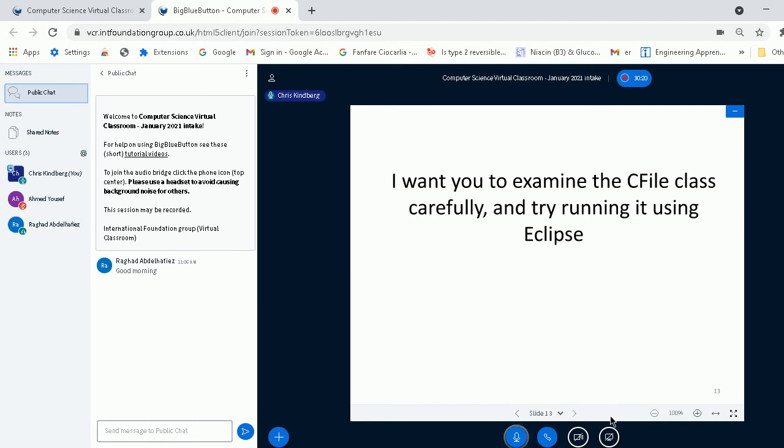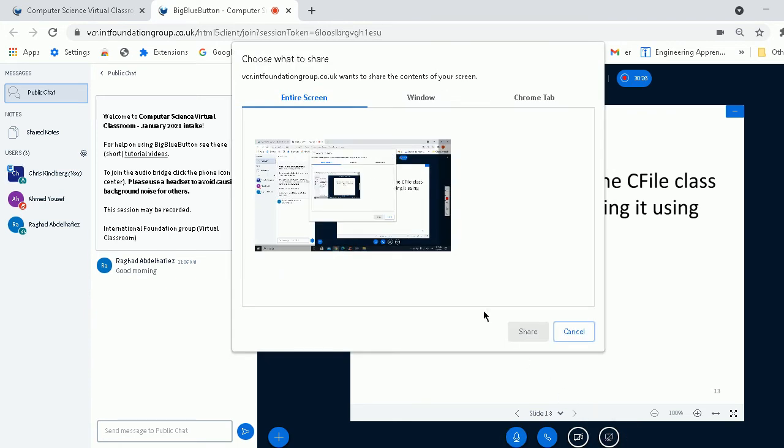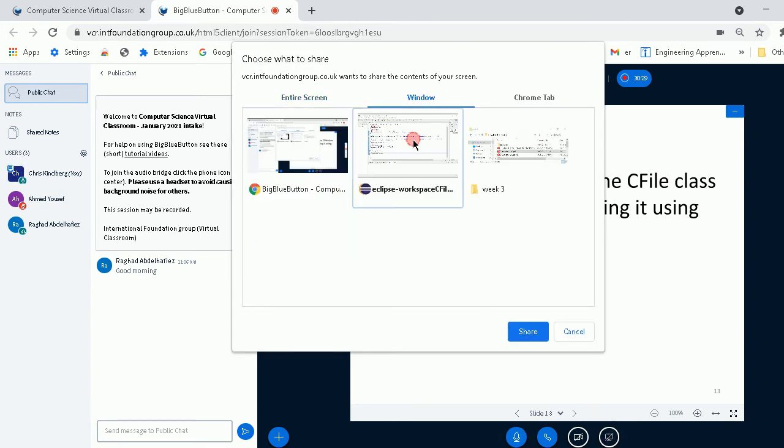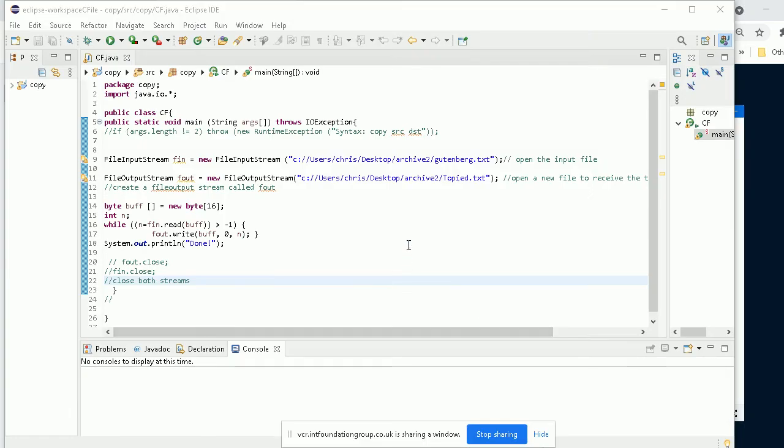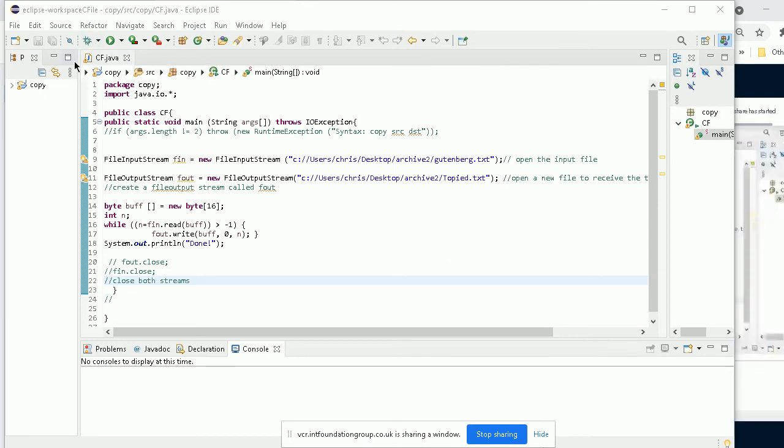Now, what I'm going to try and do now is to share my screen, and I'm going straight into, hopefully, so I'm sharing my screen, and this is my Eclipse, and this is my file called CF, short for copy file, and I'm putting into practice everything we've learnt about streams. So listen very carefully. Ignore this commented line. And in Java, if you get two parallel lines like this, it just means that what follows is comment.